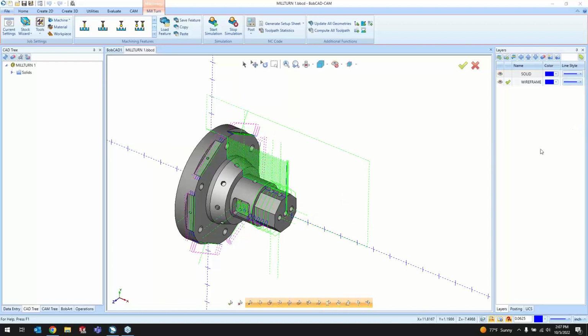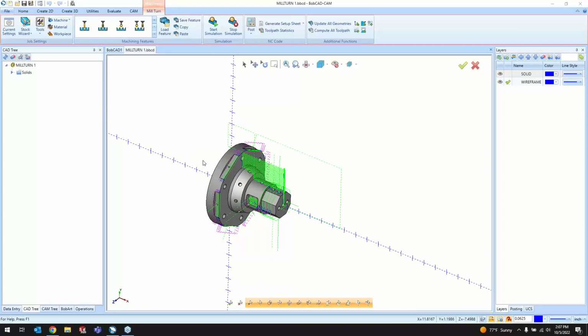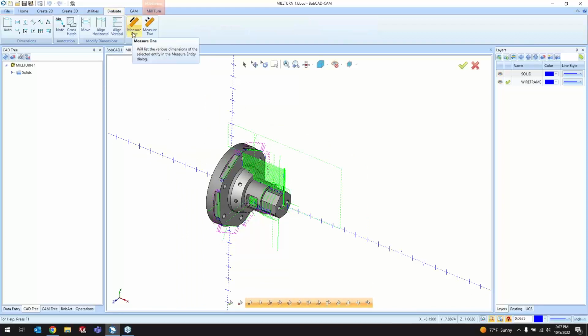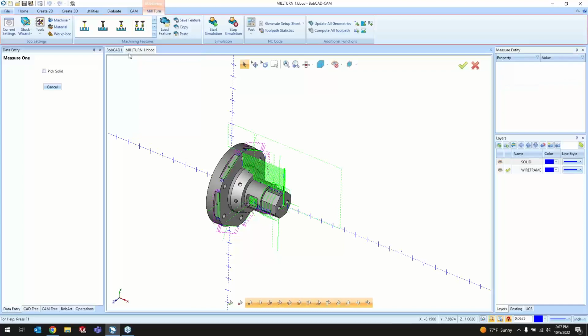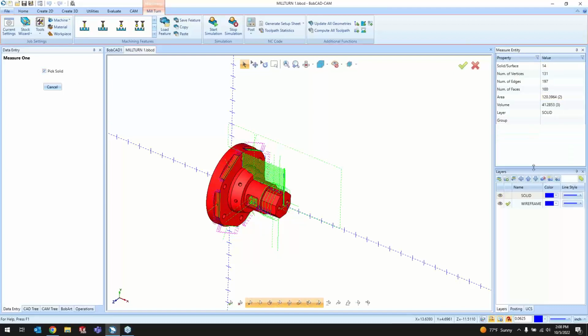But one other question you guys had, Kyle, can the volume of a part be calculated, and if so, how? Yes, and it's very easy to. Once we've got a solid model, we can go to evaluate and measure 1. We'll check this box, pick solid, and pick the solid here. On the side here under this measure entity box, it says the area and the volume. So surface area 120 square inches, volume 41